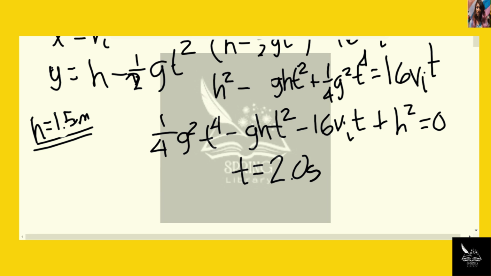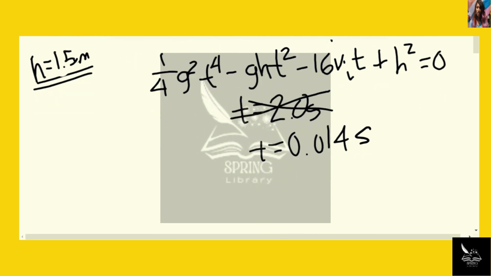Because I also have a root at 0.014 seconds. That's going to make more sense. That's the first intercept. Okay, if that is the t, 0.014 seconds,